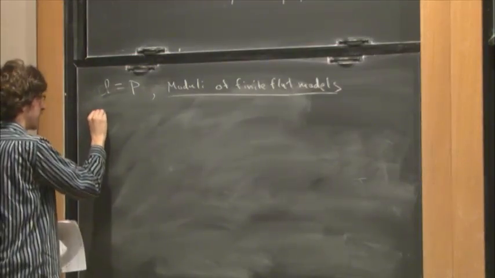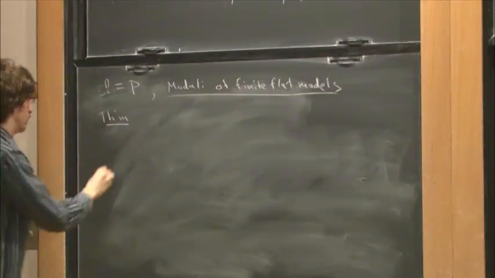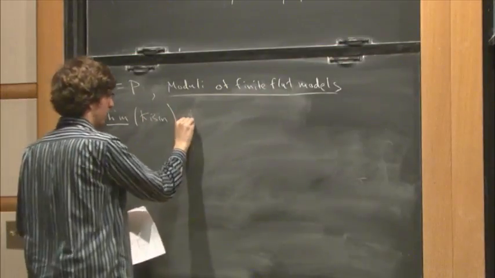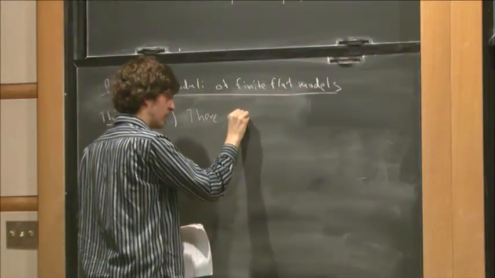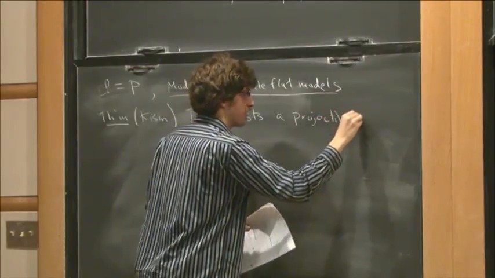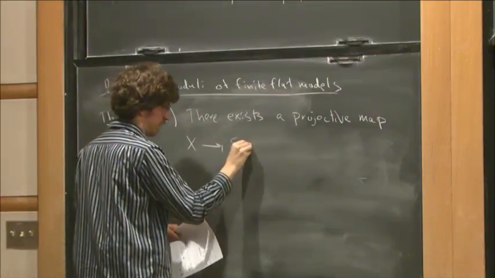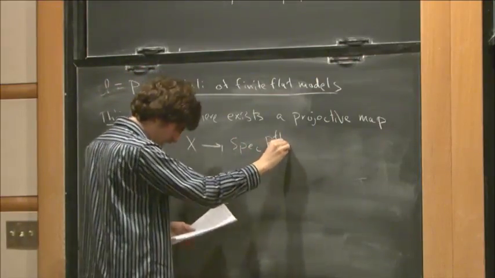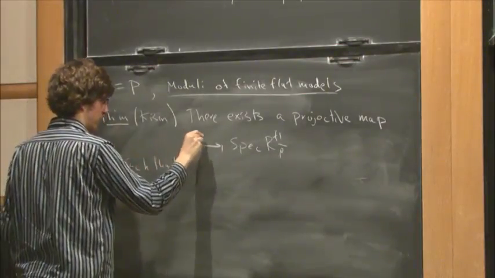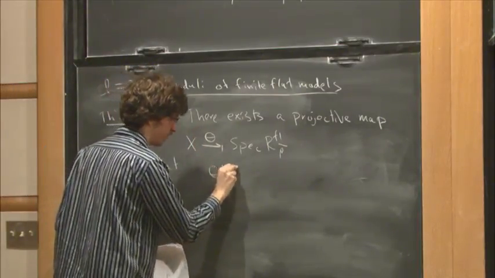So the idea here then is that this is a technique introduced by Mark Kisin, and he proved that there exists a projective map, a projective scheme over Spec of R^flat_rho bar, with the property that, call this theta, so that if we look at Artinian points,